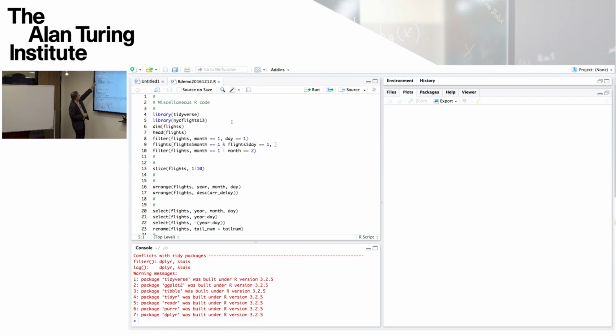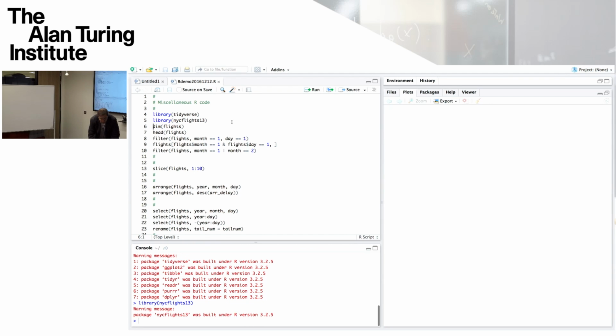I'm going to load another package called nycflights13. So this contains several tidy datasets relating to, in fact, a comprehensive archive of the lists of flights out of the three New York airports, so JFK, Newark and LaGuardia airports, throughout the year 2013. So if I load that, it worked.